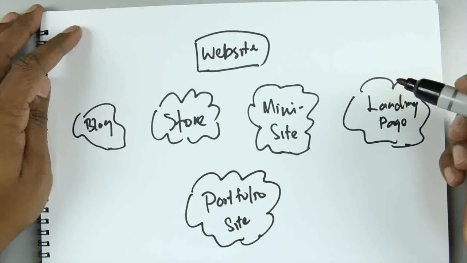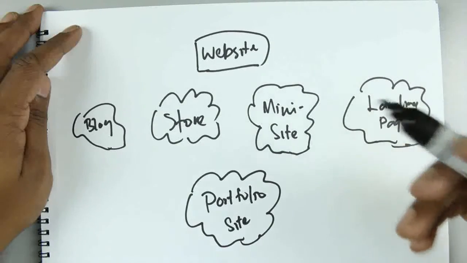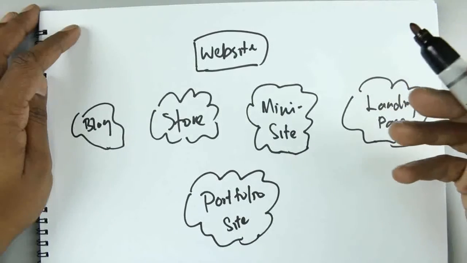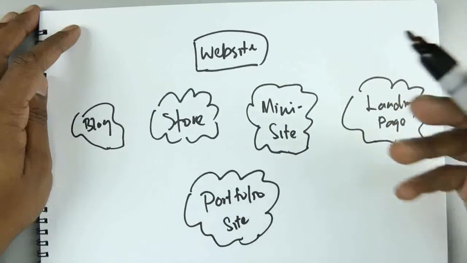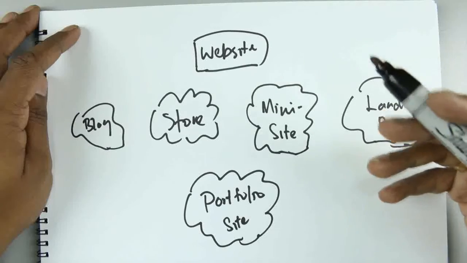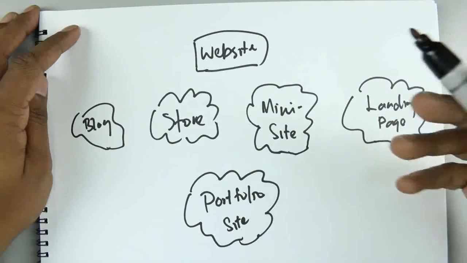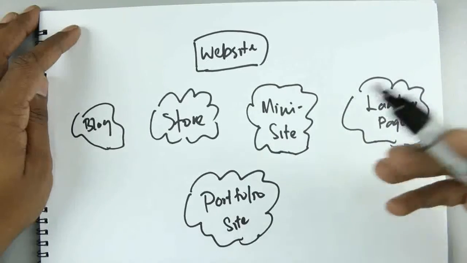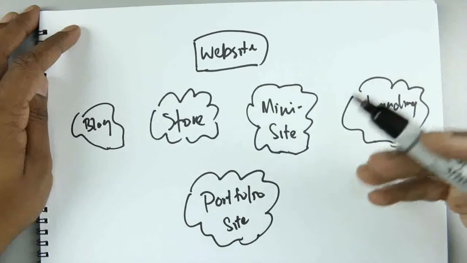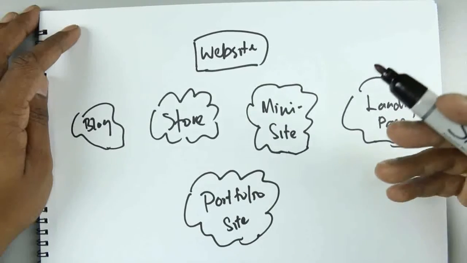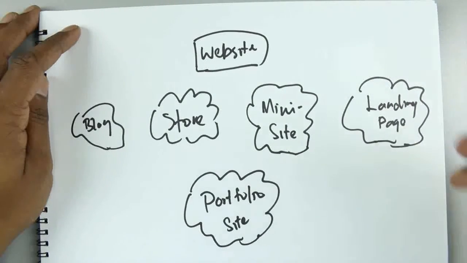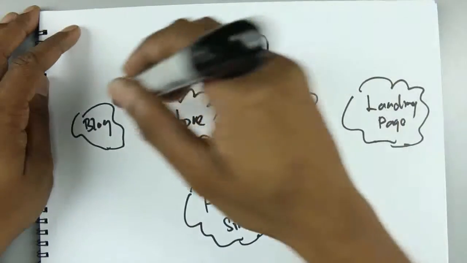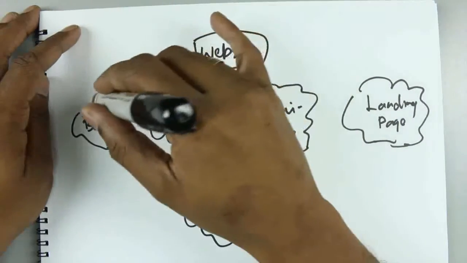A blog is just different in terms of the structure of the content that is put onto your website. With a blog, it's date-based, and your latest post is always on top, and the older posts get pushed to the bottom, and eventually are archived. So a blog is basically a publishing format, a way of putting content out there that is very date based. So you have blogs here.